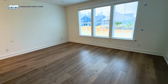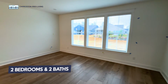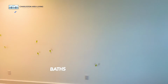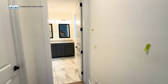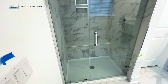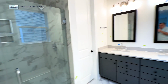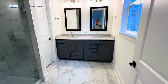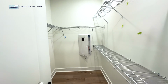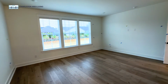And then here's the primary bedroom. It's sometimes hard to tell on camera, but this is a really good size bedroom. Actually, a client was in this model yesterday, and they were saying how they watch all of our videos, but these homes feel much bigger whenever they're in the house compared to just seeing them on video. And I know that to be the case. Good size closet here with the tech. And here's looking back at the